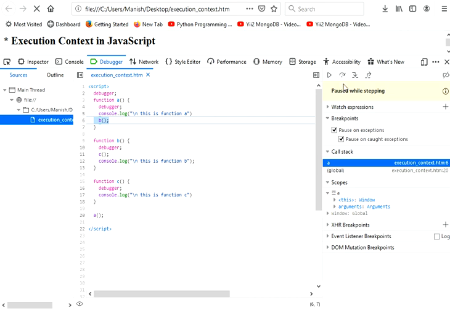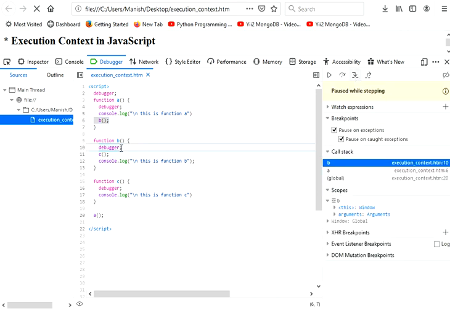So let's see this. Let's move further here. So now the control is inside function B. Now B is pushed into the call stack.